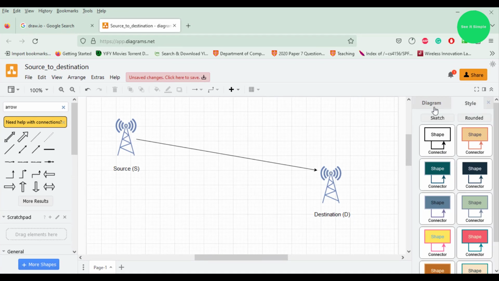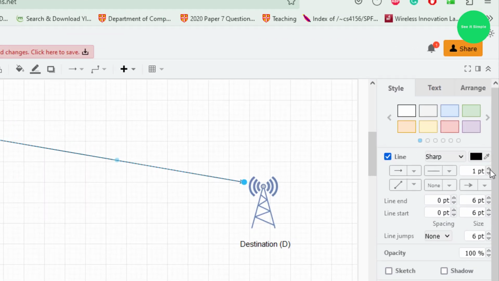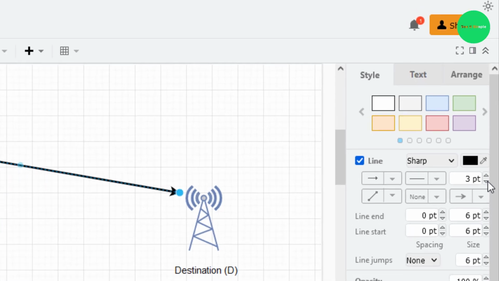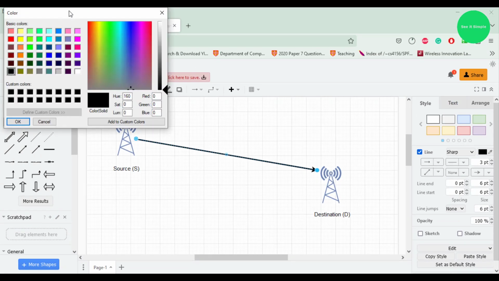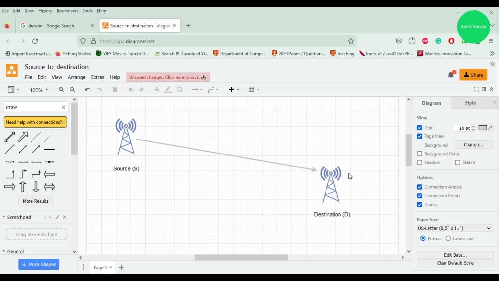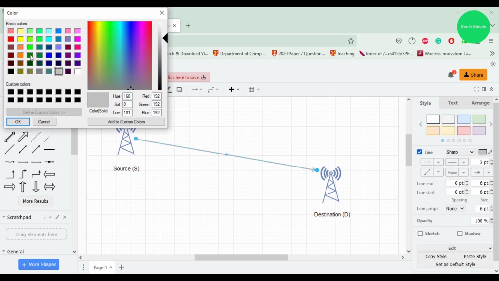This tile, select this, and style you can use under style. You can increase the width of the arrow, or you can change the color. I use ash color. Just select it, and you can see it's changing as it is. I use the same black color as before,